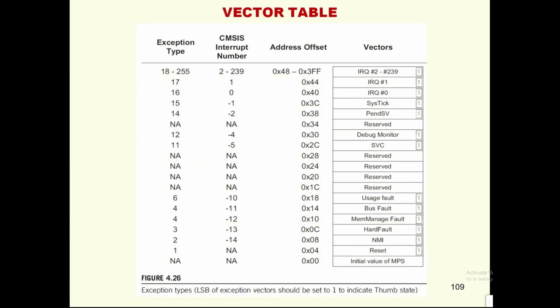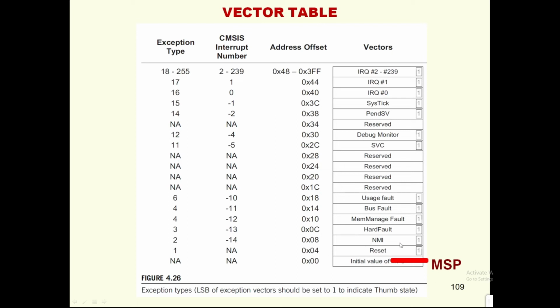Here we see the initial value of MSP. In this book, in 4.26, it is given as MPS. There is nothing like MPS. It is the main stack pointer, MSP. So at reset, the program execution starts at the address 00, the byte offset is 00. The initial value of the main stack pointer should be stored in this 00, and the reset has the